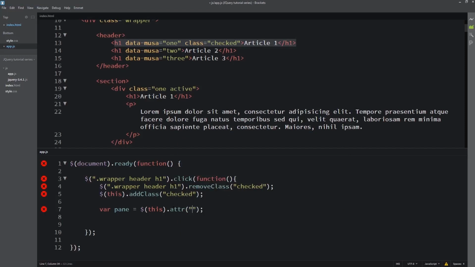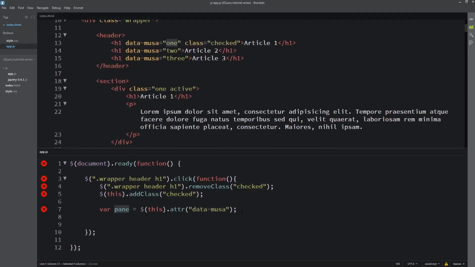The attribute we want to grab is data-Musa. What will happen is that when we click on this H1, it will grab this attribute and save it inside this variable.